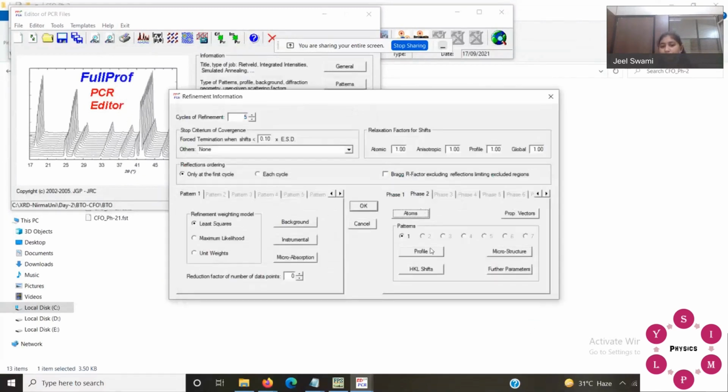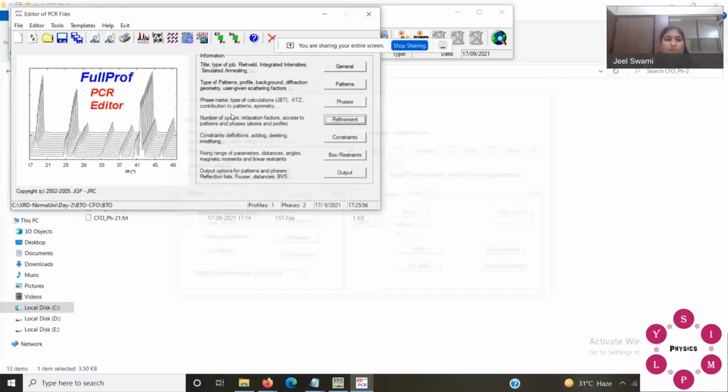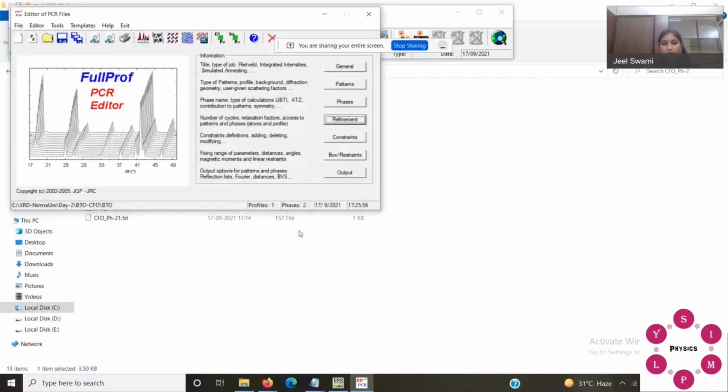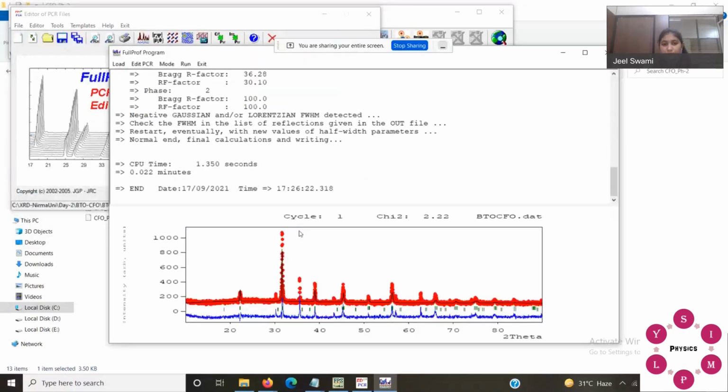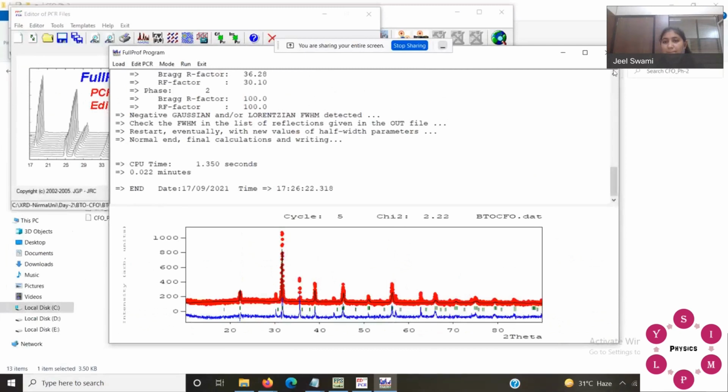This way you can refine all the phases and all the UVW, your IG and everything one by one. This is the method. Okay, I'll end here because it will take lots of time. But I think you know how to do it now, how to do multi-phase refinement.